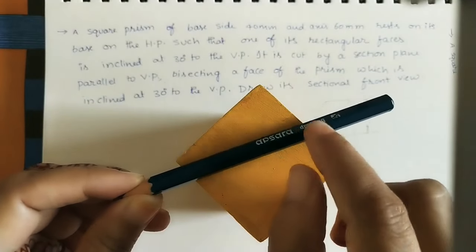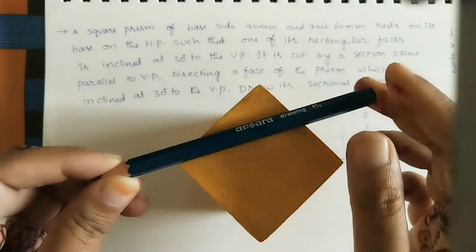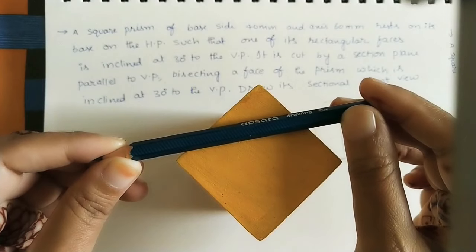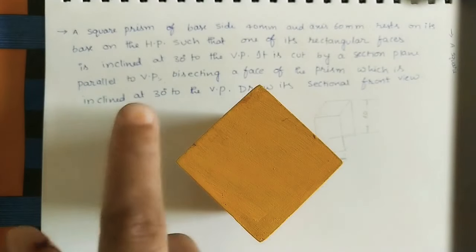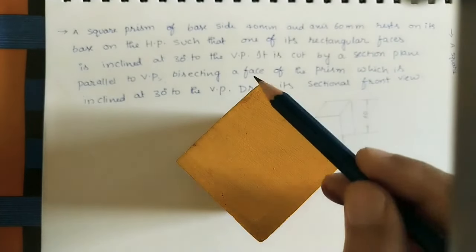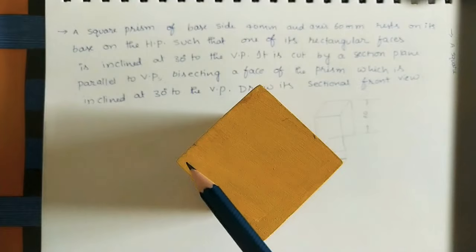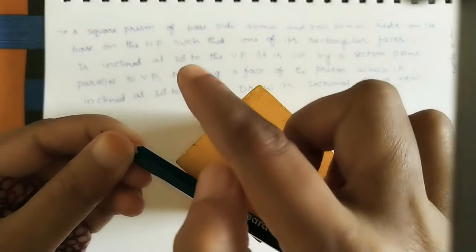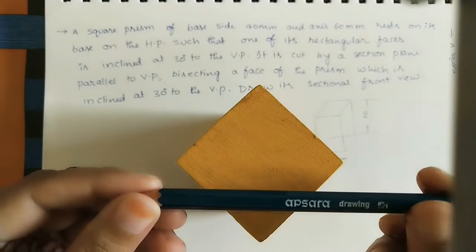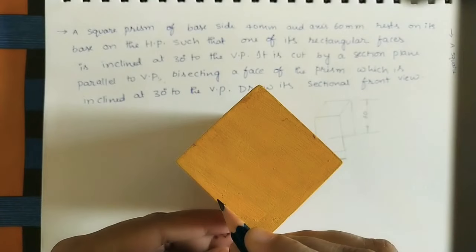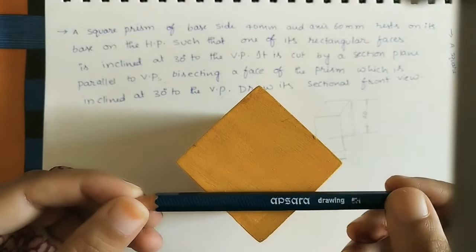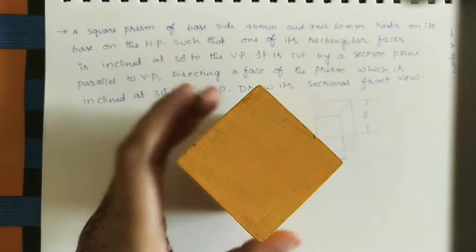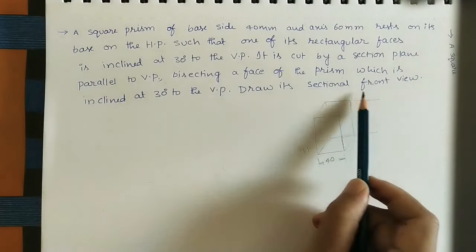So here we can take the middle point. We can take the cutting plane like this. Or we can take this face also because these two are parallel to each other. This face is also tilting 30 degrees. If this face is tilting 30 degrees, the parallel face is also tilting 30 degrees with the vertical plane. Now I am taking the cutting plane here. It is bisecting the face. Here I will take the middle point. I will take the cutting plane like this. Got it? So here we have to draw the sectional front view.